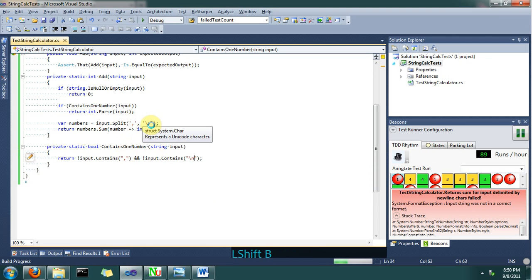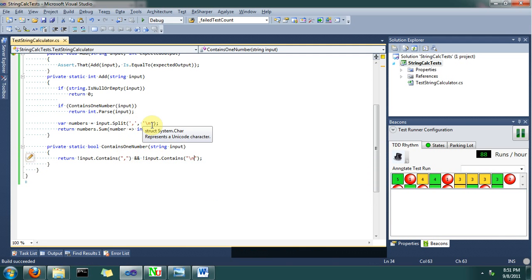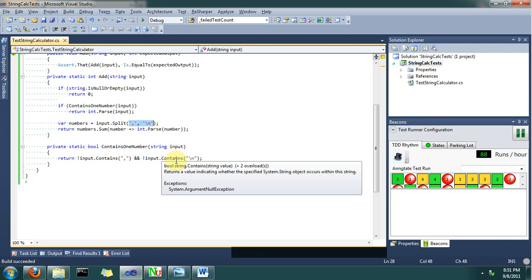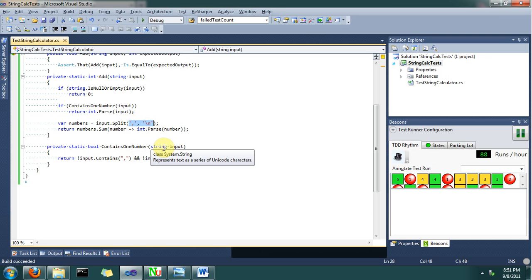We add new lines there. Build again. Okay, so we're green. We have a bit of duplication here. Specifically, the delimiters are duplicated in two places. We will let that slide for now